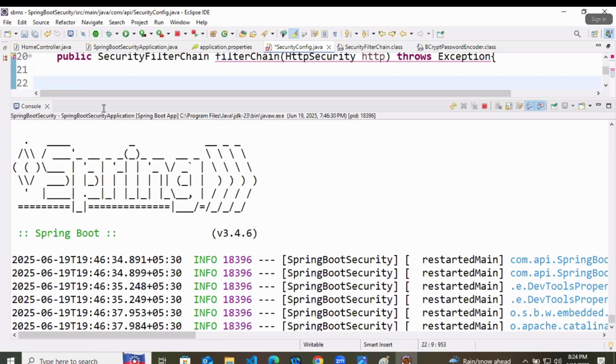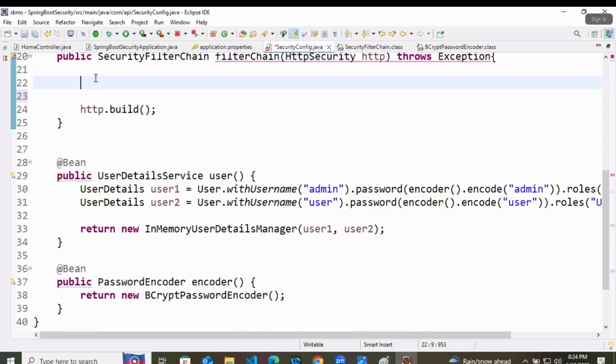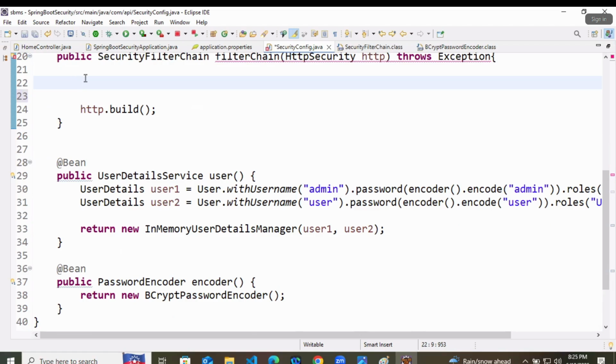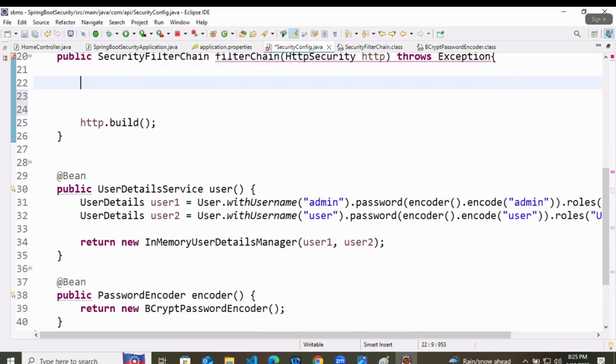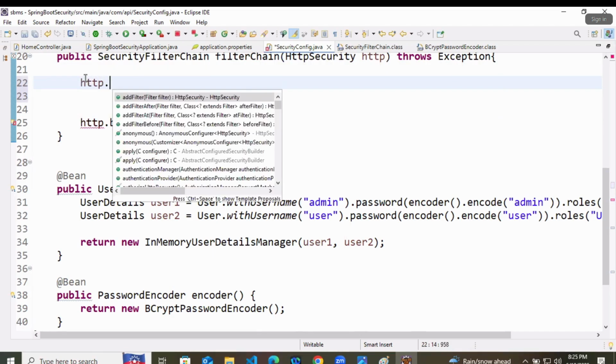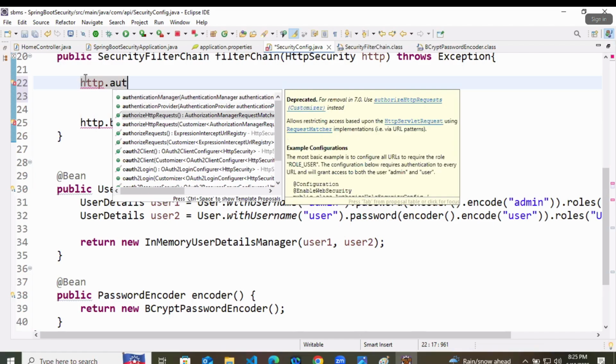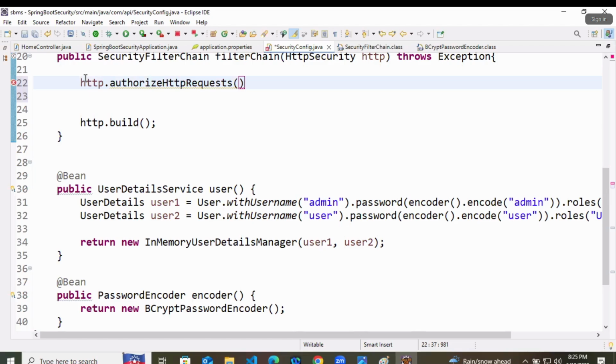Now we will fix our things. How we will fix? Same way, http dot authorize HTTP request, that whatever requests are coming to you, you have to authorize them.